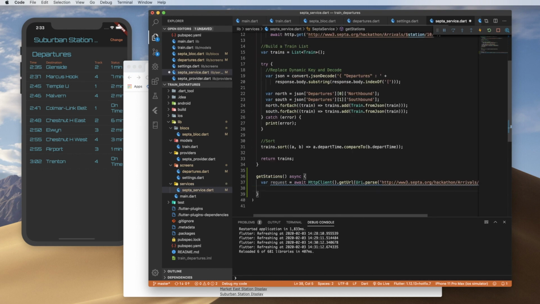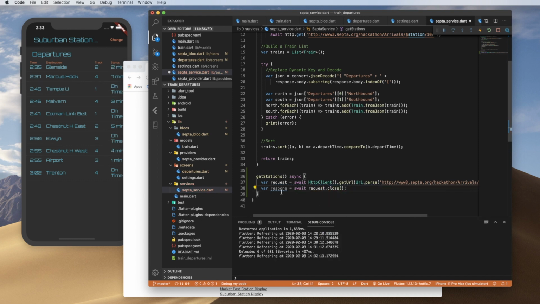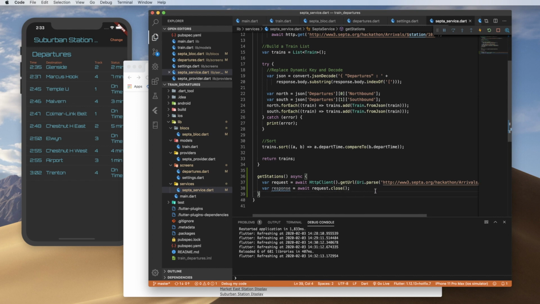All right, and then we will get a response if we await request.close. Response. Nope. Response. There we go. So that will get us the contents of the file. We need to split it by the line break. So I'm going to wait, and we're going to do